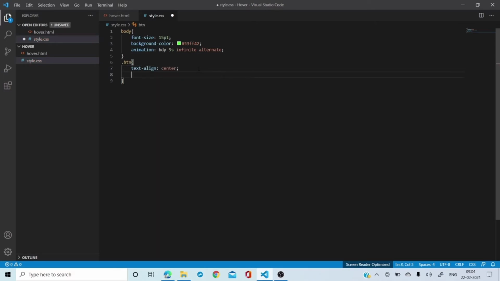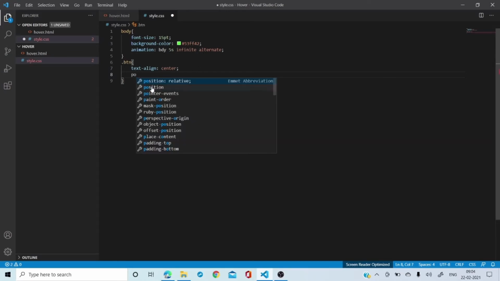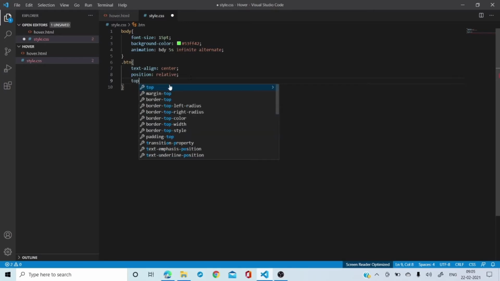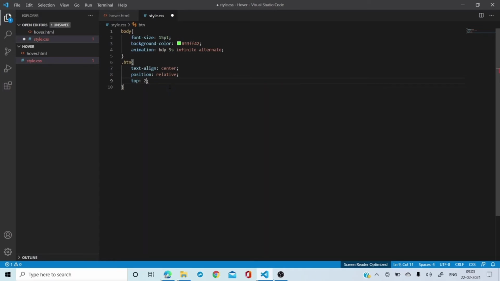Once you've done it, then let's put the position. I have already told you that most of the times, or the standard way of taking it is the relative. So always take the position relative. Then you can take top, which is like, you can say 200 pixels.